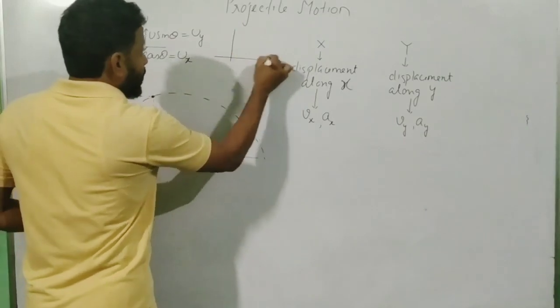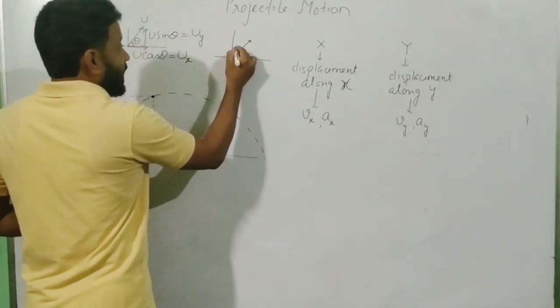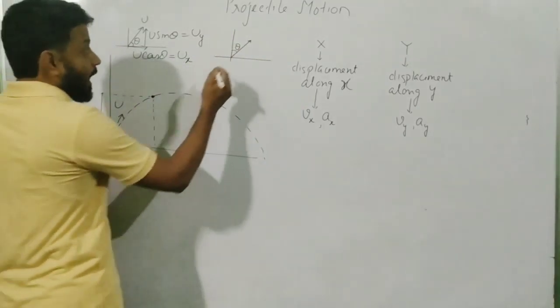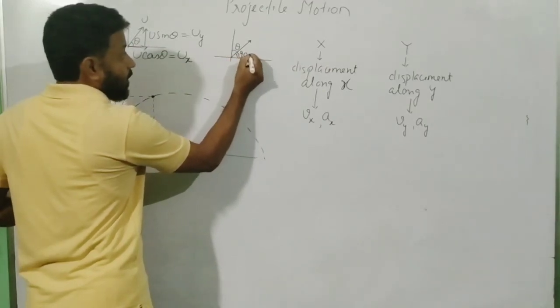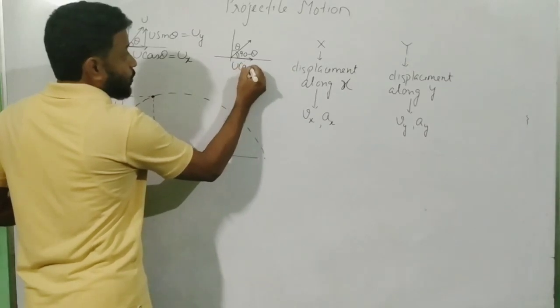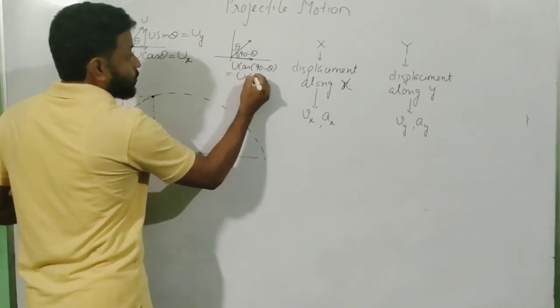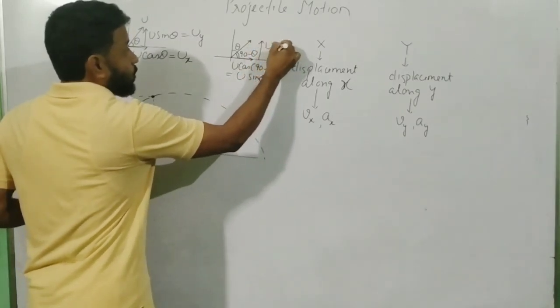The reason I am saying do not take this for granted is, what if the question says that theta is the angle made with the vertical? If theta is the angle made with the vertical, then with the horizontal it will make an angle of 90 minus theta. In that case, this component will become u cos(90 minus theta), which eventually becomes u sin theta, and that gives us the y component as u cos theta.